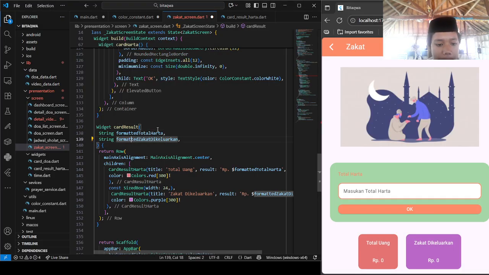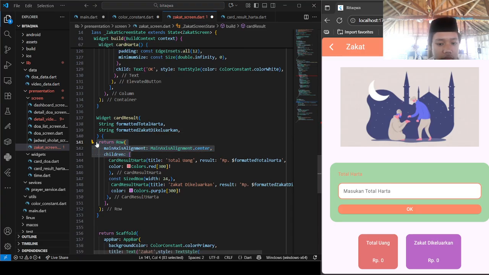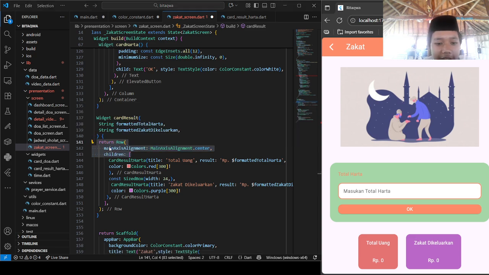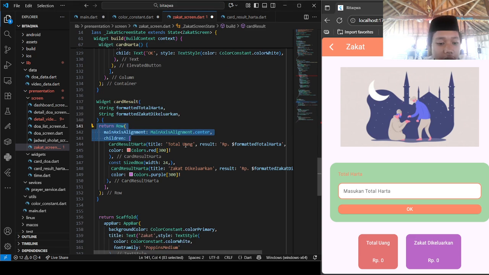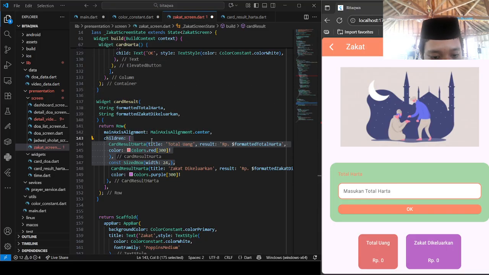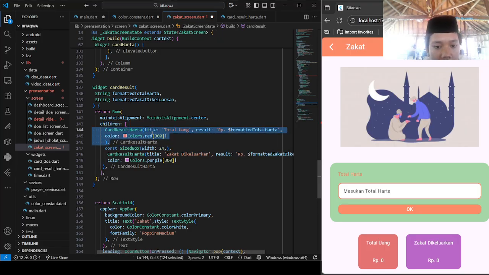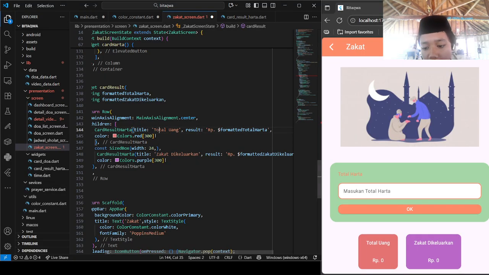This means rata tengah. The text alignment can be rata kanan, rata kiri, rata tengah, and then the one that is neat. The first card is card result harta, total harta in bahasa. Total uang, title, total uang, result Rp.